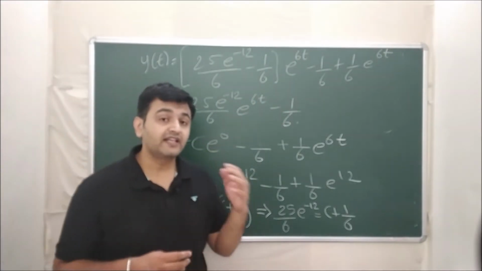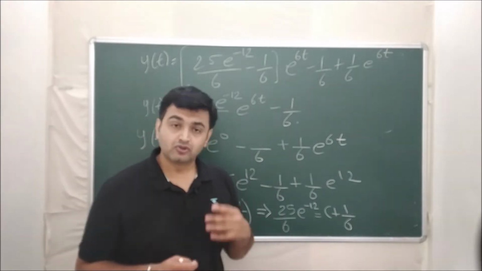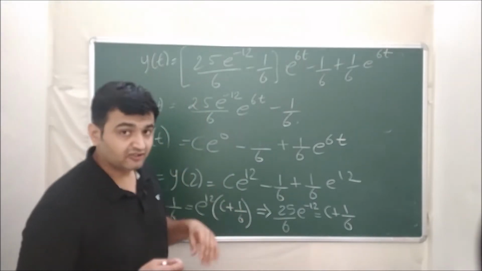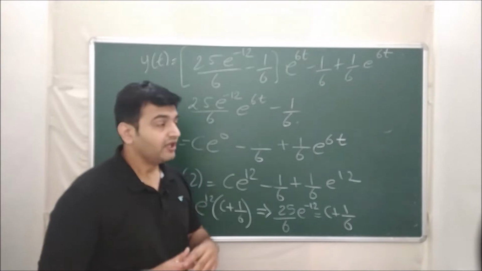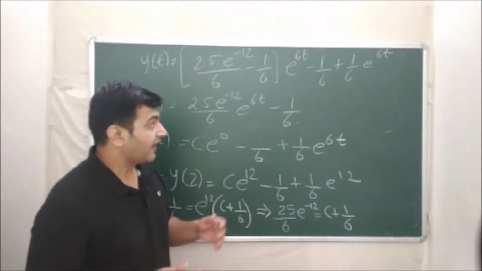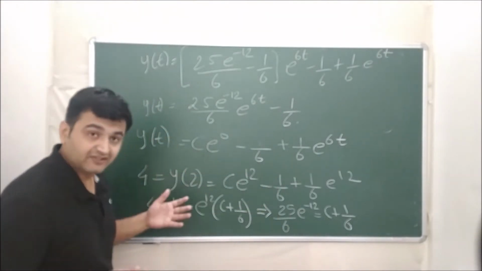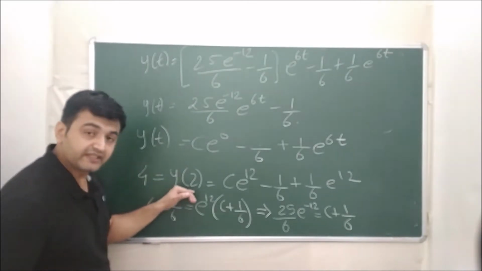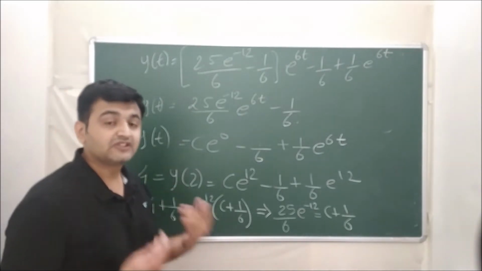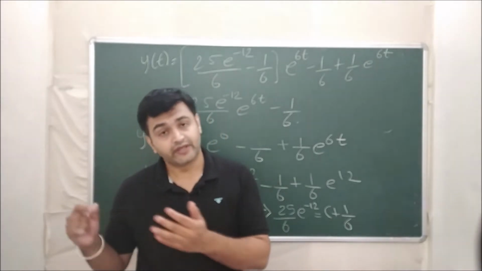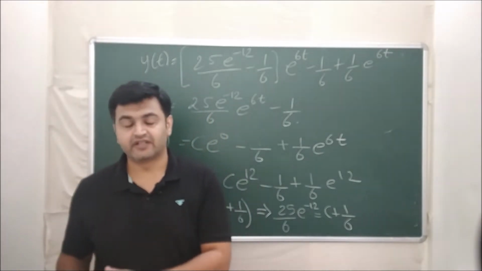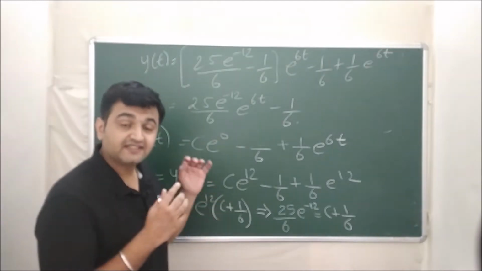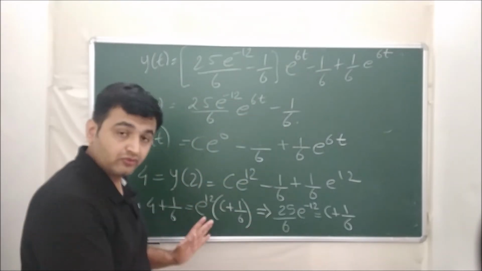So the question is, how can I tackle this problem? Another method to solve such kind of problem is the translation method. You simply do the translation and change of variable, so that instead of this y of 2, you will get some initial condition at 0. And once you have the initial condition at 0, you can use the formula for Laplace of derivative and you get your answer. So let's see this by an example of what I am trying to say.